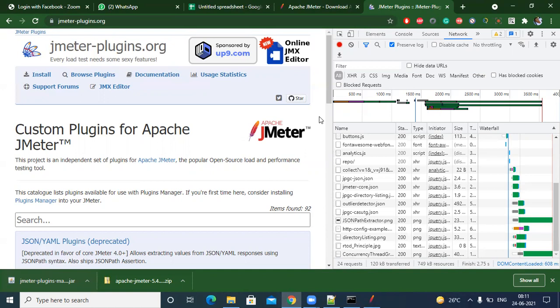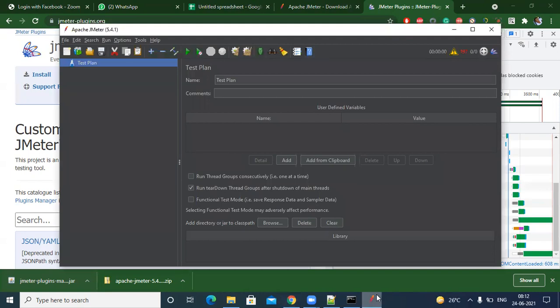Now let's go to the JMeter recorder. Do you have any idea how JMeter recording works? What is the logic behind it? How are things in place? Before doing anything, just understand how things are working, so that whenever you get an error or get stuck at any time, you can debug on your own. So let's see.